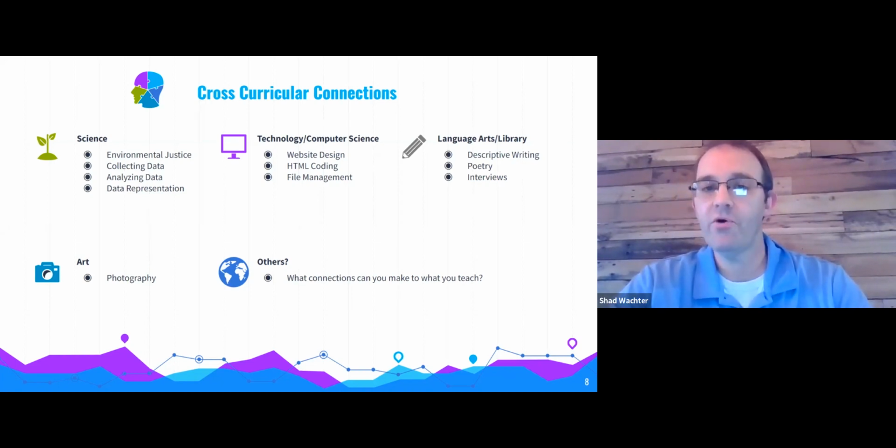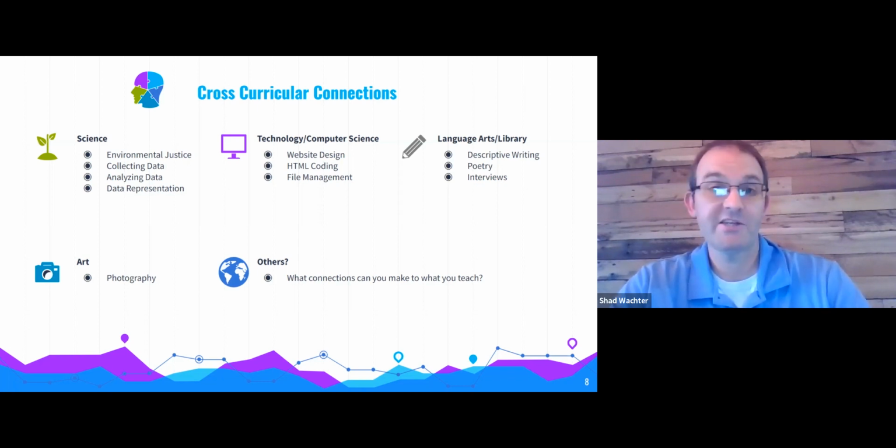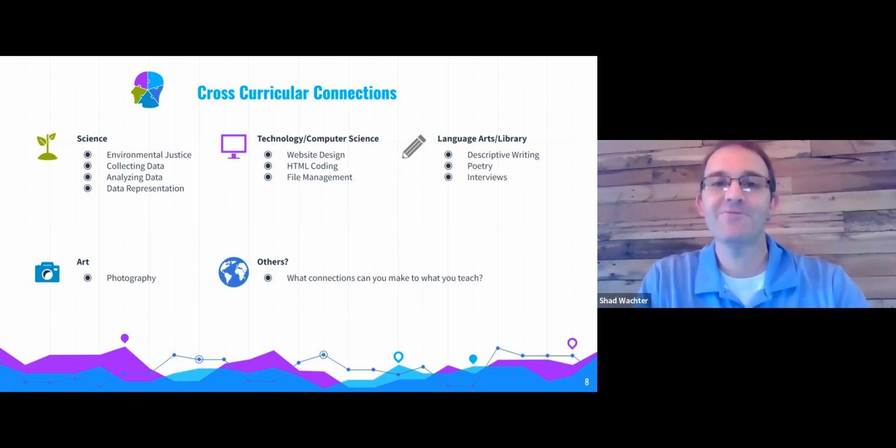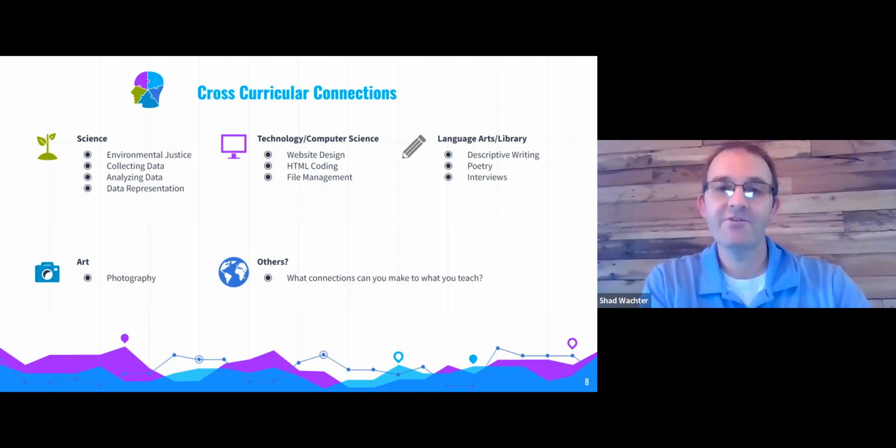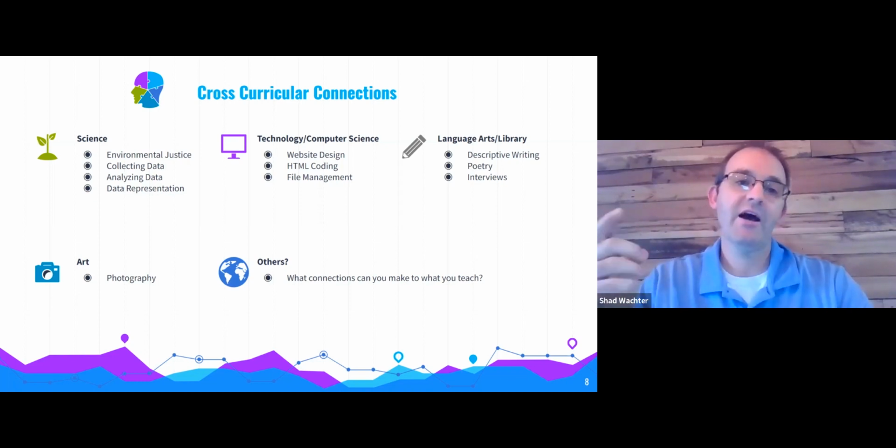Looking at HTML code, what it's like to be a coder, as well as file management. The students, whenever they open up their computers, are very used to everything being in the right place, because that's what teachers do for them. They put everything in the right place for them. And so this lesson actually provides the opportunity for students to move files from one location to another,